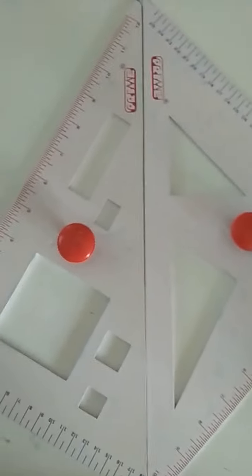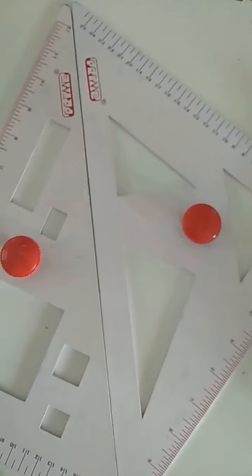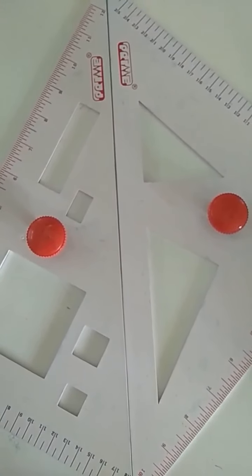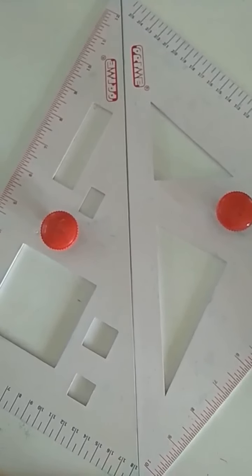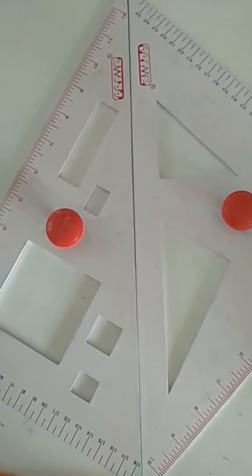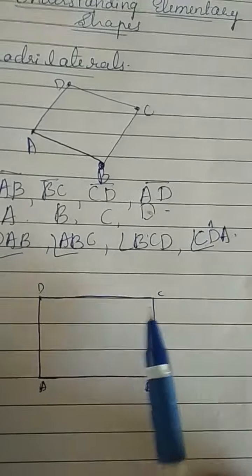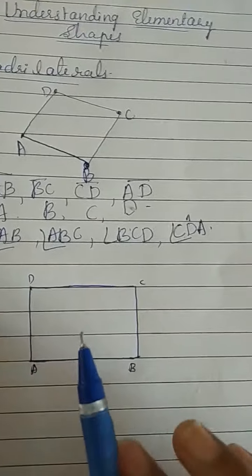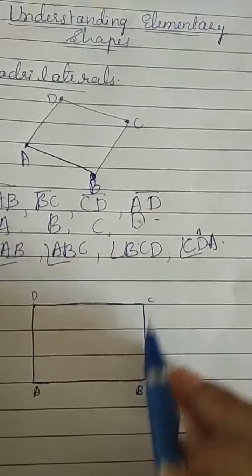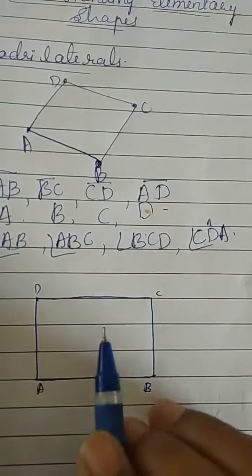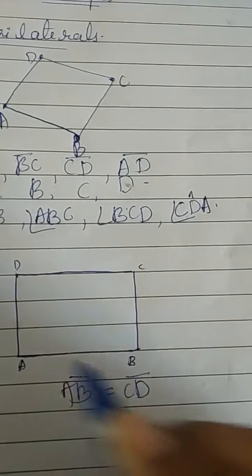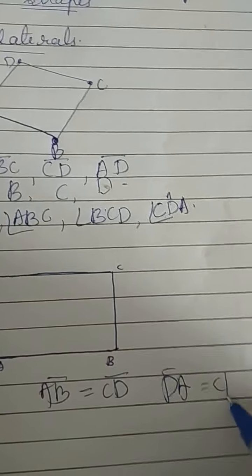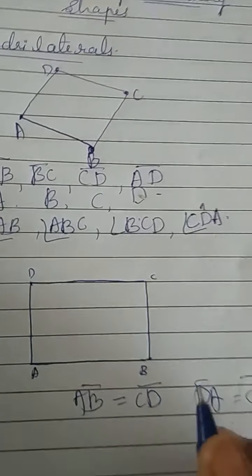This is a quadrilateral. Here four sides are there. This quadrilateral is a rectangle. One more obvious property of a rectangle, can you see? The opposite sides are equal in length. ABCD is a rectangle, and AB is equal to CD and DA is equal to CB. Is it? So what are the other properties you find?